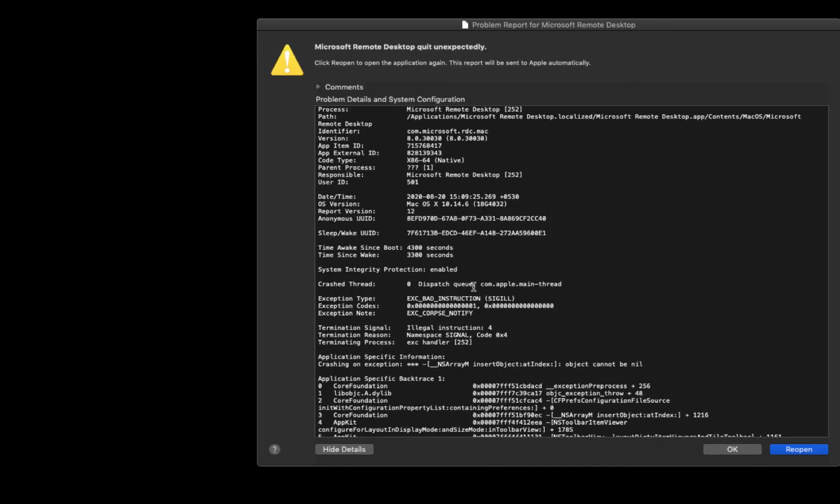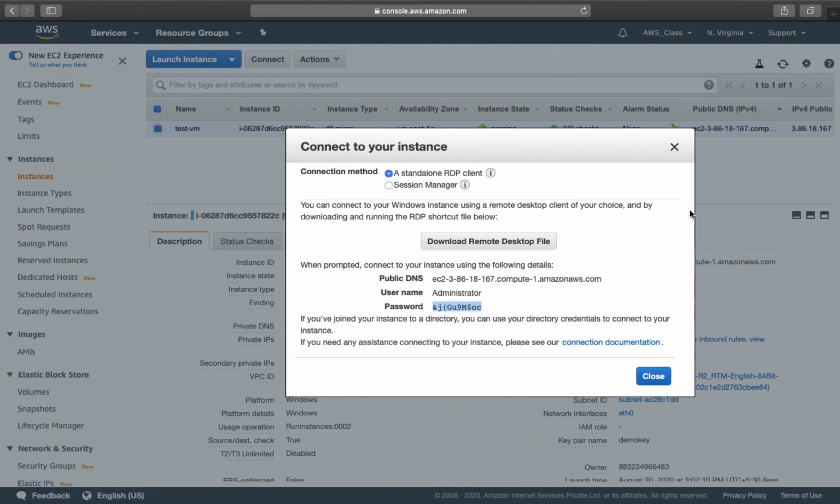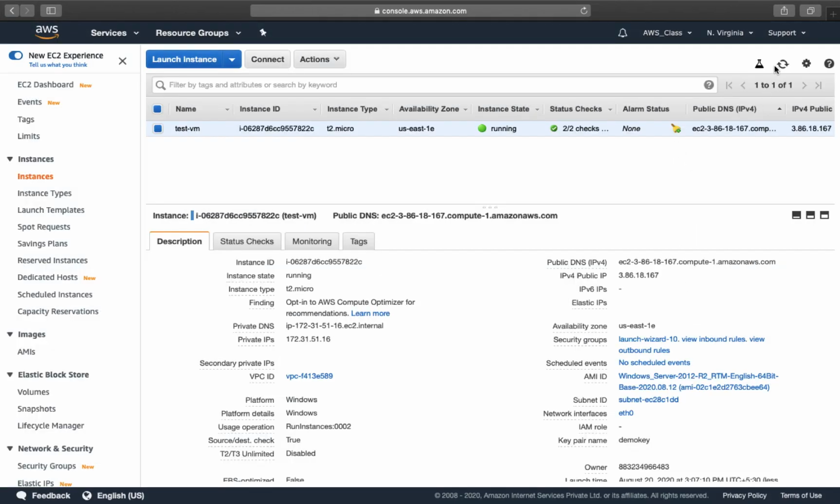So we are trying to connect to our virtual machine created on the AWS portal. It's a low configuration machine, so it may take 30 to 40 seconds, because the virtual machine was created by choosing one virtual core of CPU and 1 gig of RAM. So we successfully connected to our virtual machine. The 2 by 2 check is successfully created. It means that your virtual machine is working properly, and still it's connecting.